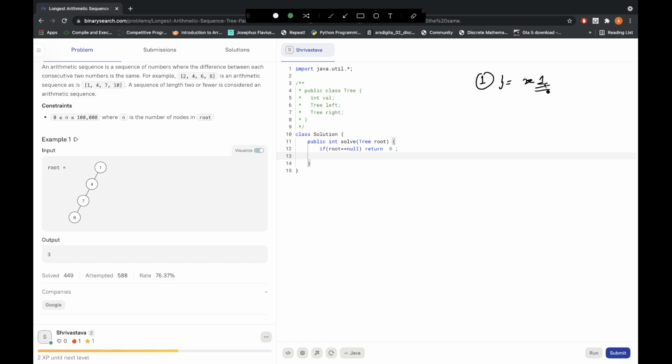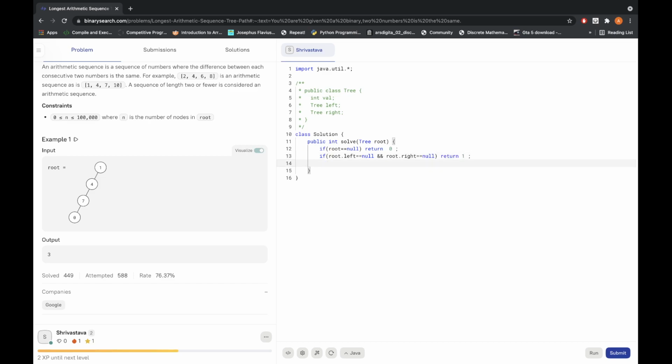So if the tree has only one root, so if root dot left is equal to null and root dot right is equal to null, we'll simply return 1, as the length will be 1. So these would be our base cases.